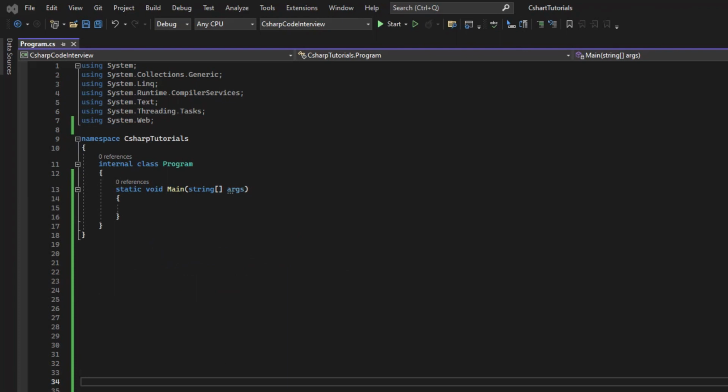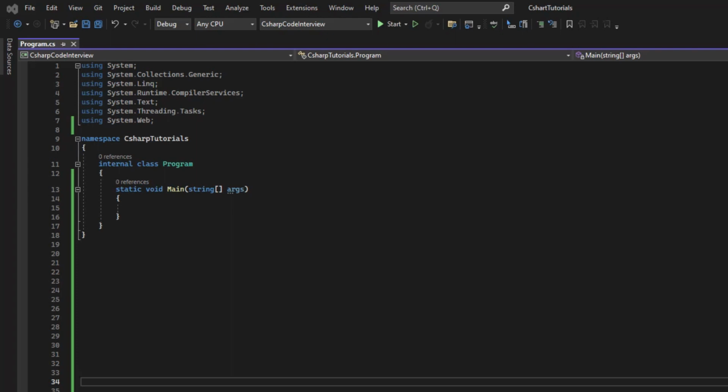Let's take an example of an interview technical question where we have to write a function that prints numbers from 1 to n, but in between we have some conditions. So when it is a multiple of 3, we need to say fizz instead of the number, okay? And for a multiple of 5, we need to print buzz. So for numbers that are both, that will be